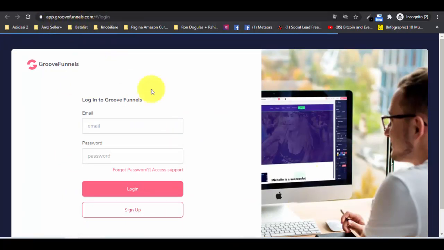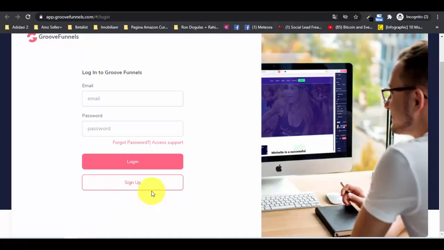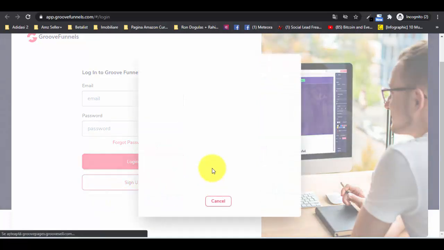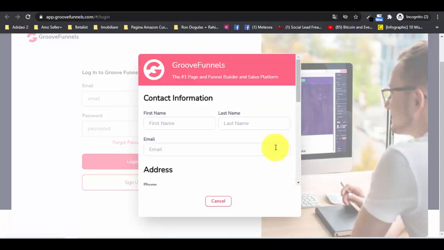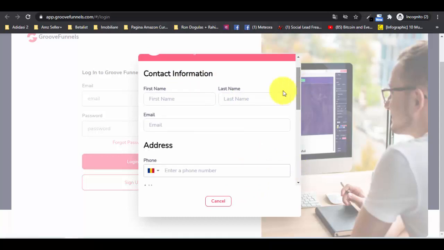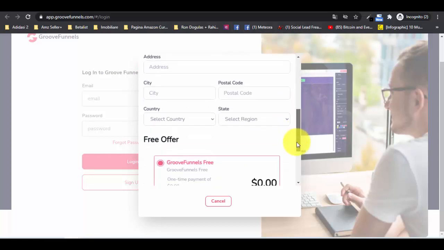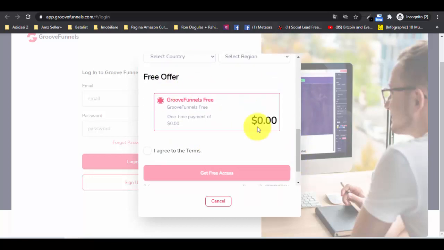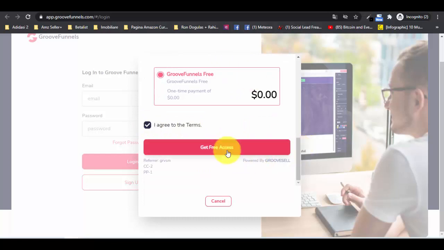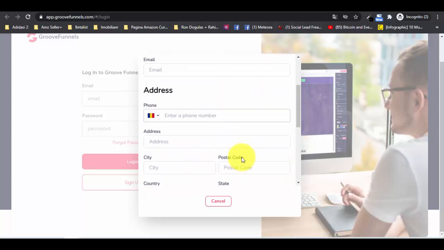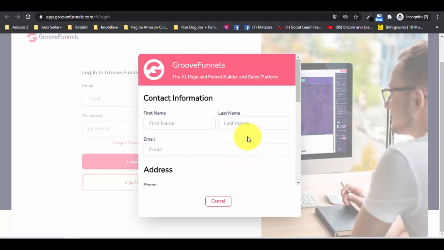Okay, app.groovefunnels.com. Now we don't have an account yet, so what we need to do is click on the sign up button, and the pop-up will show up for us, where we have to put our details. Okay, and you will see that at the end of the pop-up we have Groovefunnels free, one-time payment of 0. Okay, I agree to the terms. Click on get free access and you will basically get access to everything. So this is the first step that you need to do, is to create your account on app.groovefunnels.com, and I